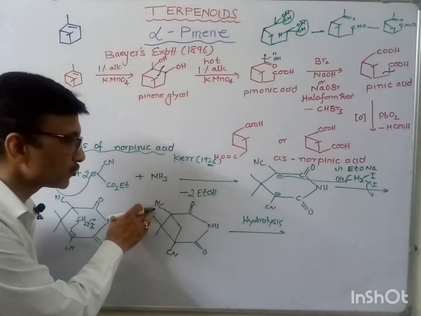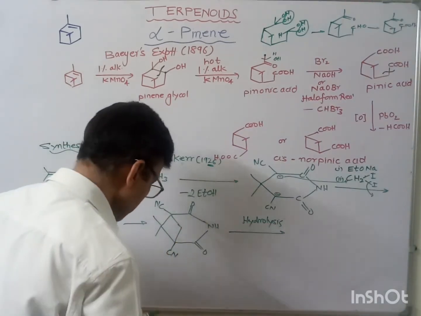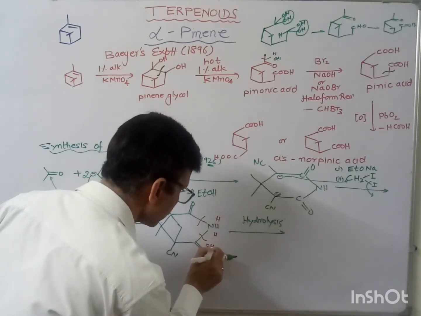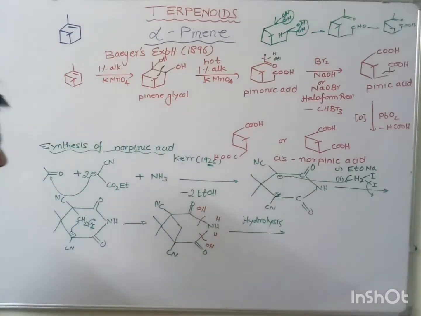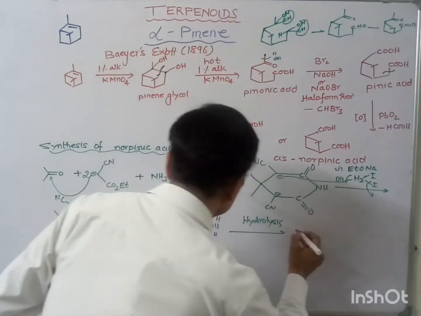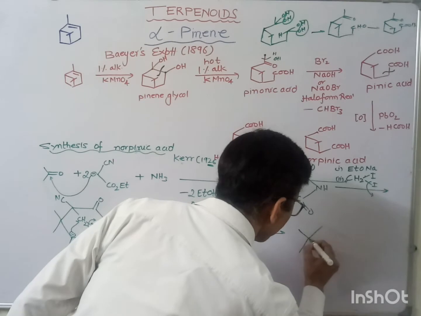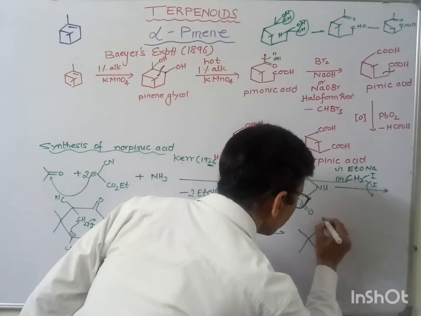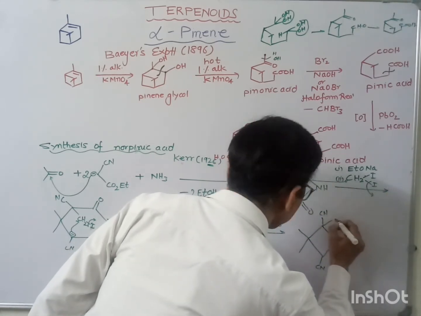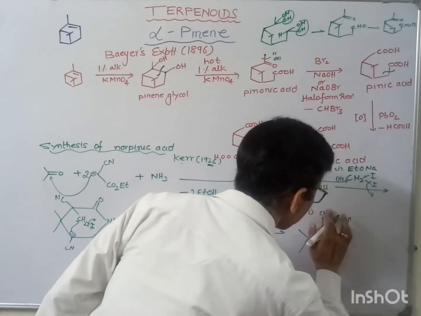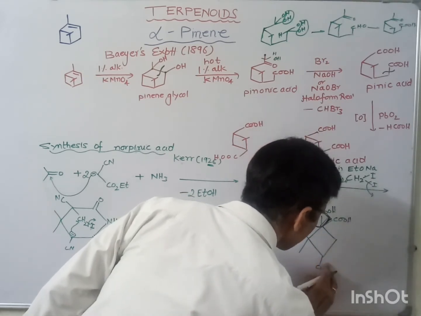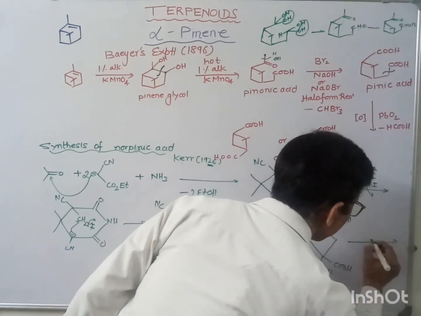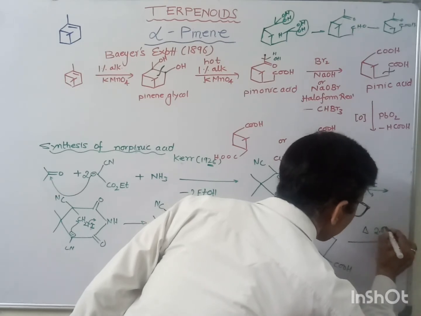This will also get hydrolyzed to a carboxylic acid group, and here this bond will break, and here this is OH, and this will also get hydrolyzed, and finally we may write the structure, CN, and this would be COOH. Sorry, this would also be converted to COOH, and COOH. And finally, after heating it at 200 degrees Celsius,